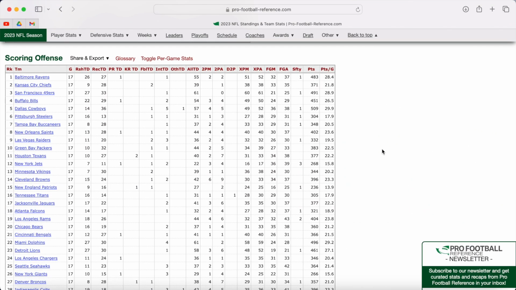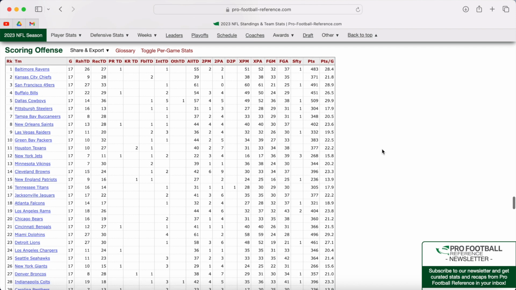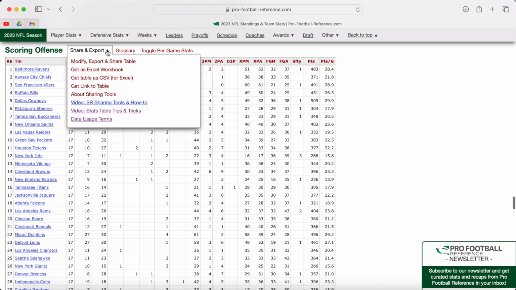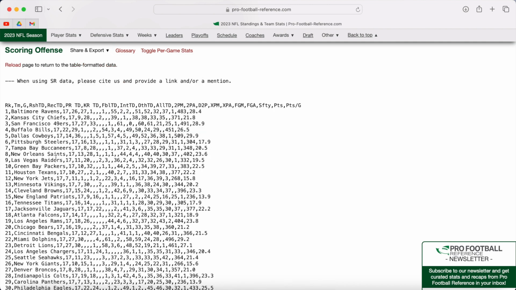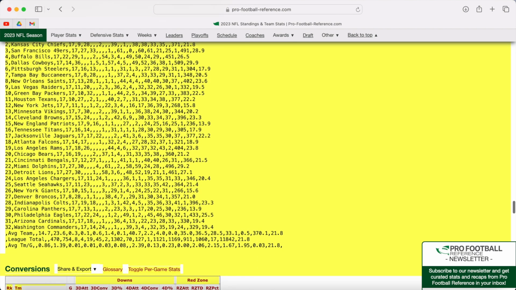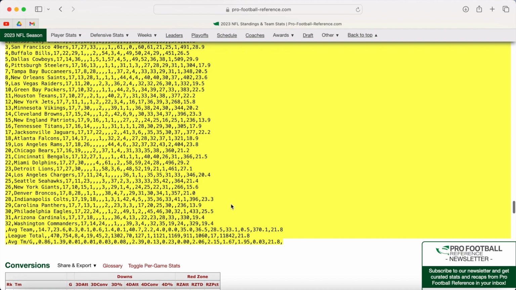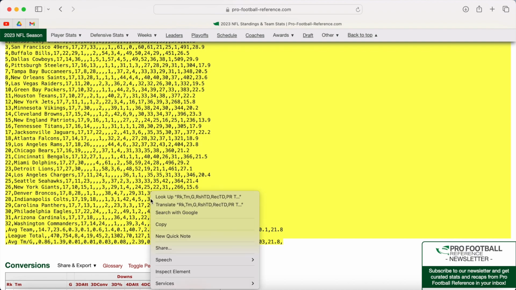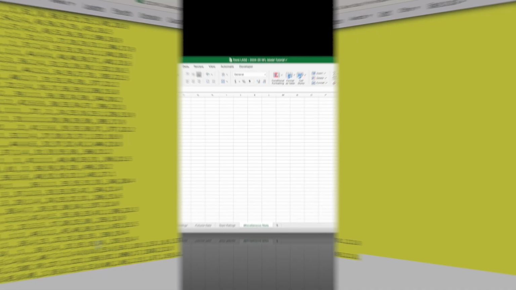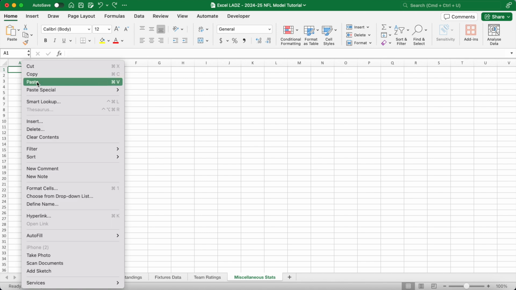So lads, right now I'm on the Pro Football Reference website and I'm on the 2023 NFL season under the scoring offense table. Now this link is in the description below. I'm going to get the table as a CSV and then I'm going to copy and paste this into Excel. So copy that and then I'll go back into Excel now, and then in cell A1 of the miscellaneous stats